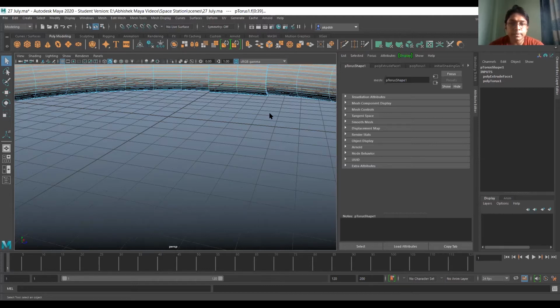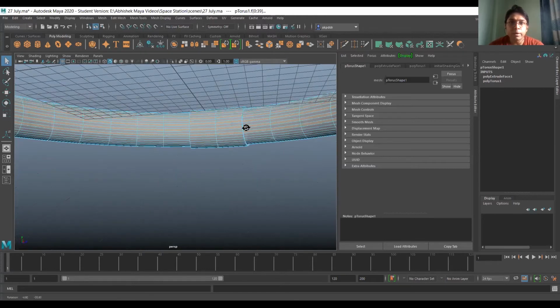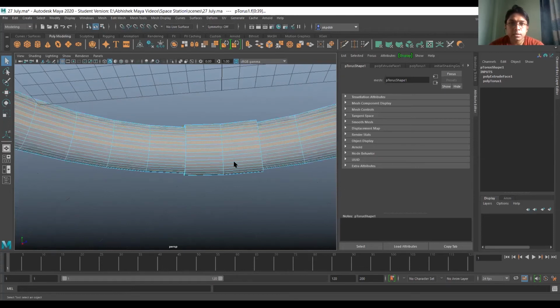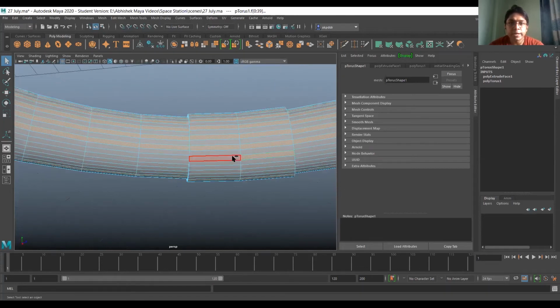If you're facing problem in selecting it, you can do one by one as well. Just select one face and you can go with the next step, that is extrude.